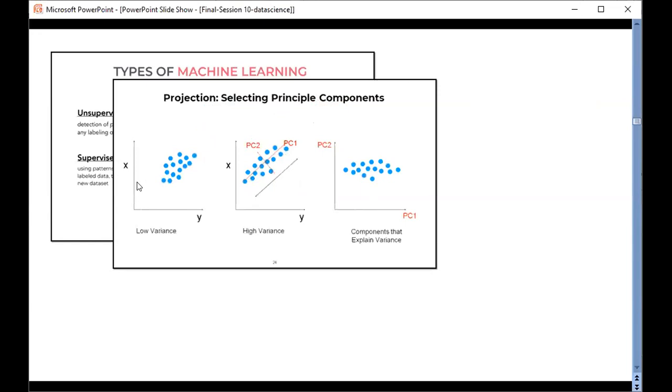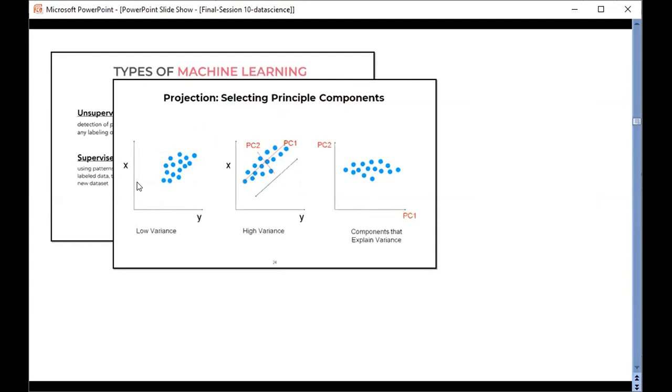Then we also learned about principal component analysis techniques, what it represents, and how we can utilize principal component analysis to understand the pattern of our data. Can any one of you tell me what is the difference between PC1 in comparison to the other PC components?